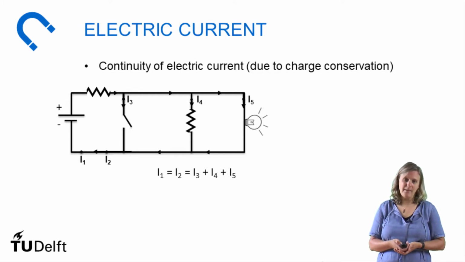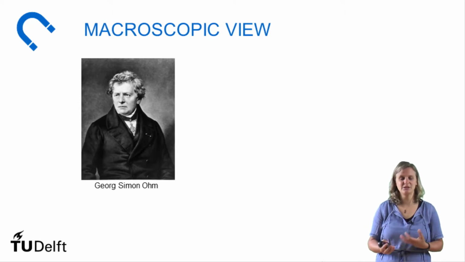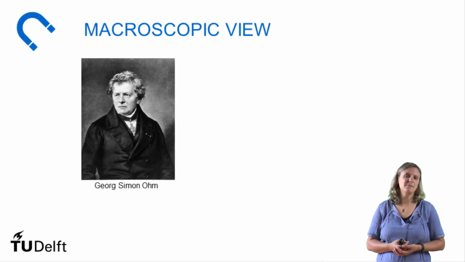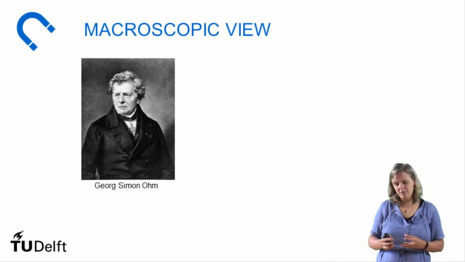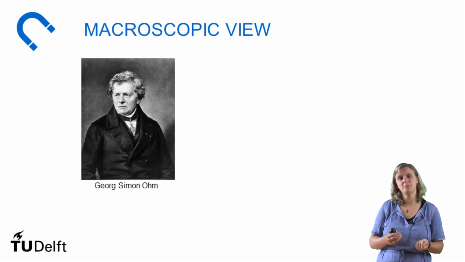So what can happen to currents? So basically what Mr. George Simon Ohm found out also in the 19th century. 19th century is really the century where all these discoveries about electromagnetism were made. And what he did, just like Mr. Coulomb, he built a very simple setup where he had a very controllable resistance, and he investigated what would happen for this constant resistance if he changed the current or if he changed the potential.